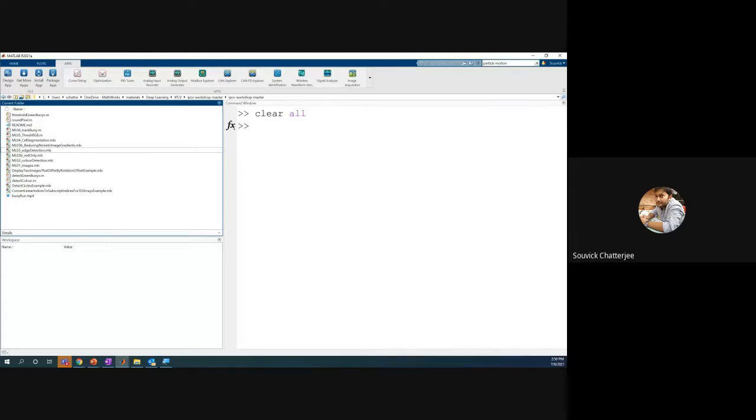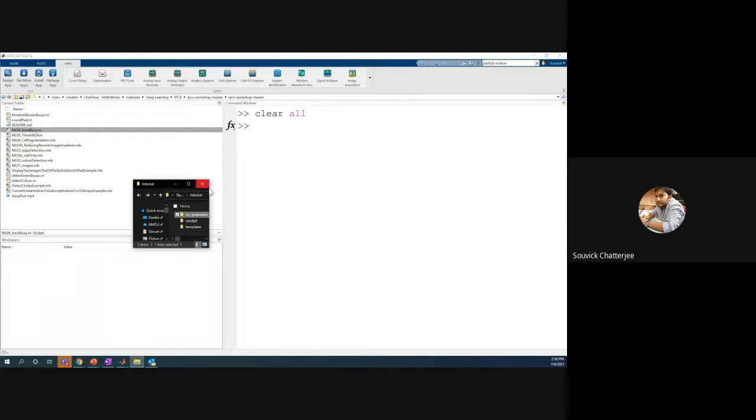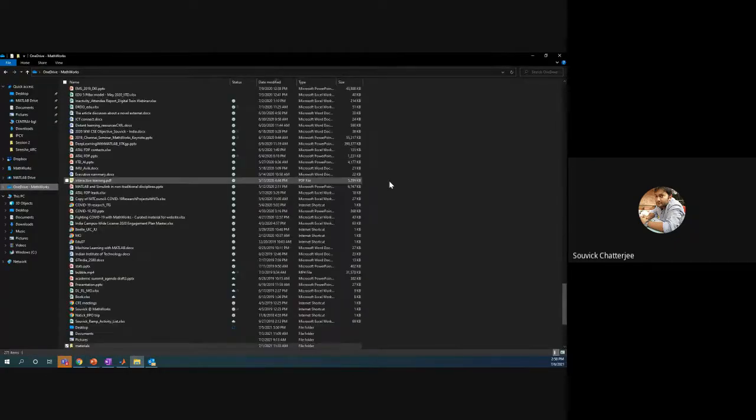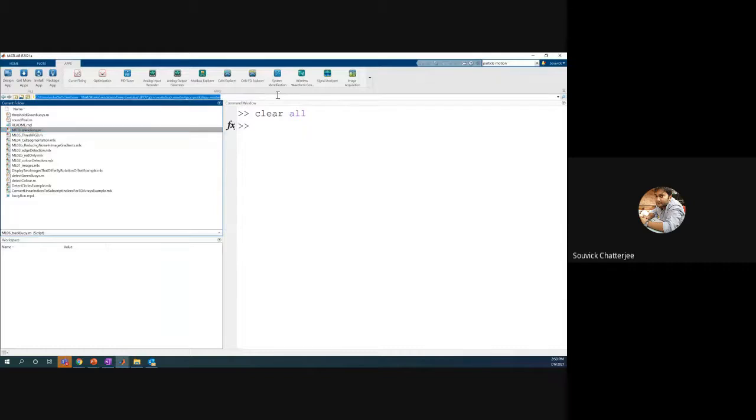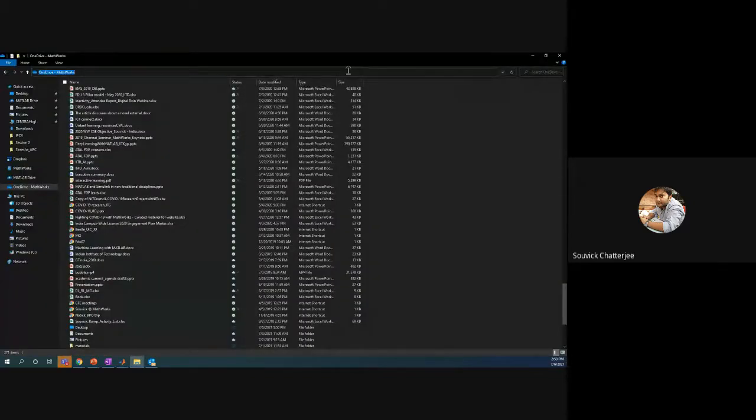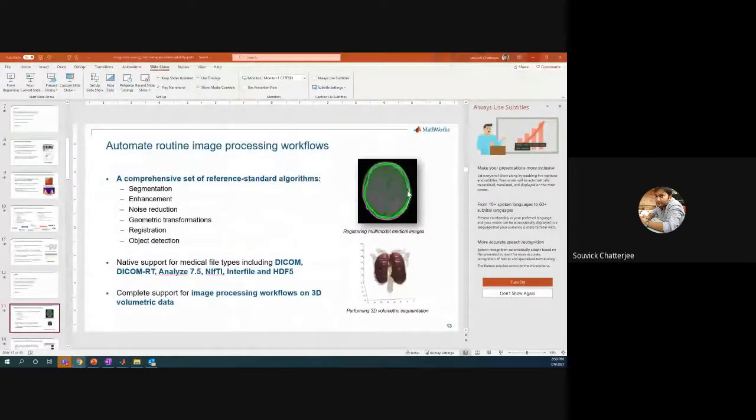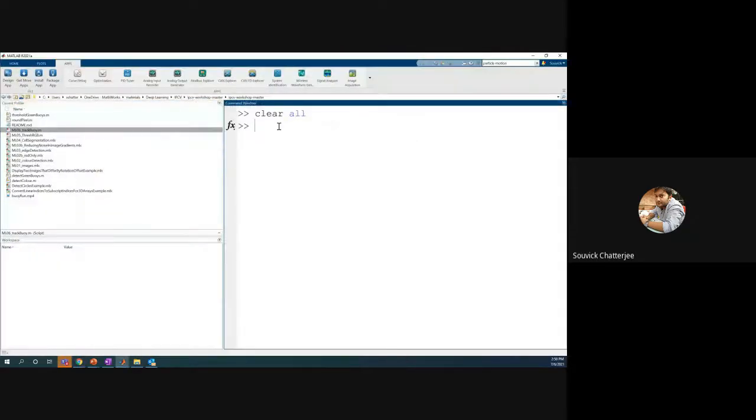If it is not saved in this location, then it won't work. So first of all, if you have a bunch of images, those images need to be in the path. This is the MATLAB path, right here, and that is where my system is. So in my current folder, that specific location should have all the images. That's how we make sure imread works, and once we have that, we can use imread.